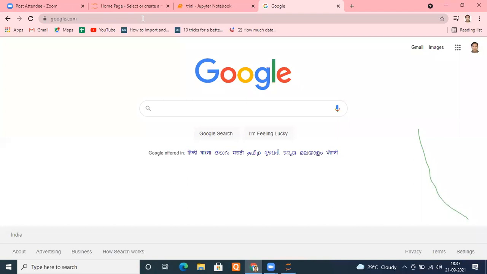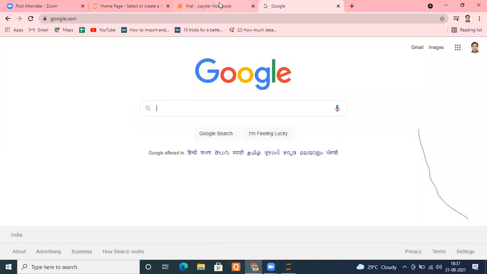What am I getting? Same google.com. Are you getting this or not? Whether I type small letters or capital letters, it is converting everything into small letters. It is ignoring whether you have made a capital letter or small letter. If you need this kind of conversion, you require casefold. In easiest language, it will convert everything into lowercase. Remember that.